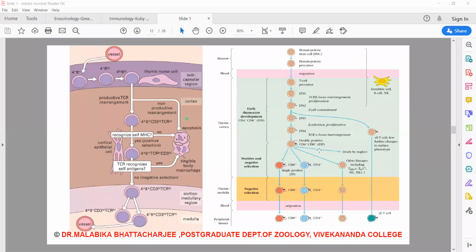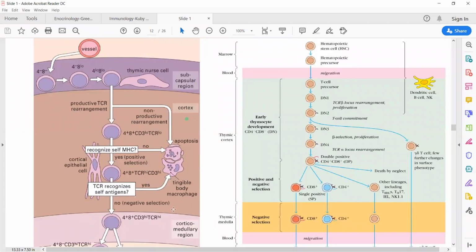If we now move on to the stages through which a thymocyte passes. Now in the first phase, what happens? It expresses CD44, CD25, and it is negative for CD4 and CD8. Since the picture in the book is a more simplified version, I am enlarging the picture and explaining via that. So let's restrict ourselves here.